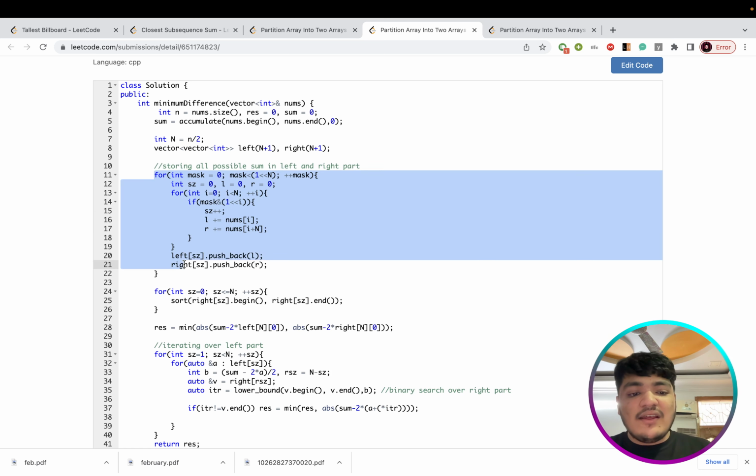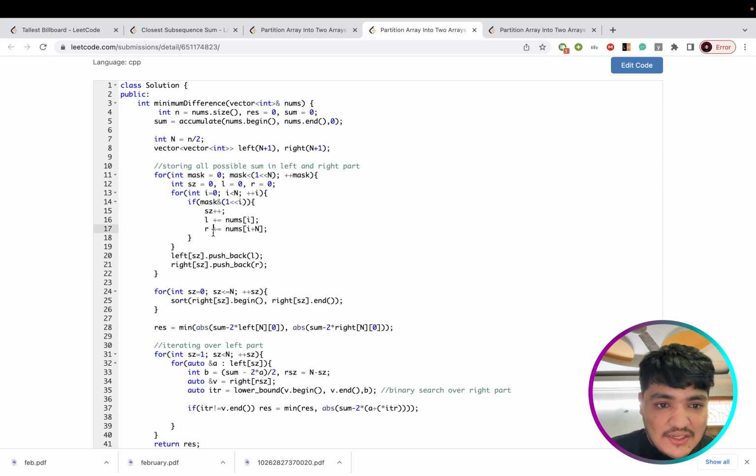So basically, it would be very identical. I just did this thing: for calculating this left sum I am incrementing it with nums[i], and for calculating the right sum I am also adding this n value. Capital N is n by 2, so let's say